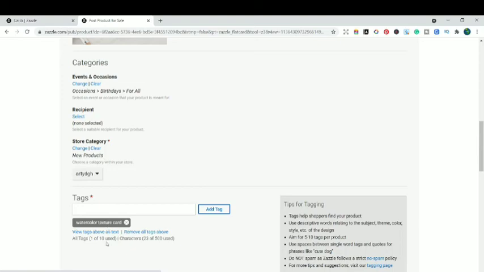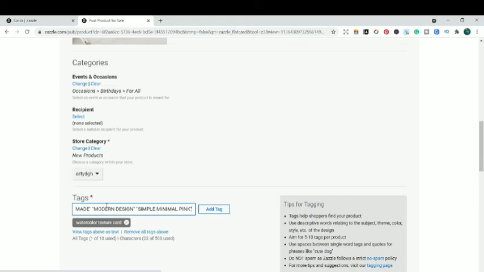And you're allowed to use 10 tags only. So make sure you're using them very well. So I'm going to add more. Pattern, design, pink, background, texture, birthday card, creative and mind, modern design, simple, minimal, pink.